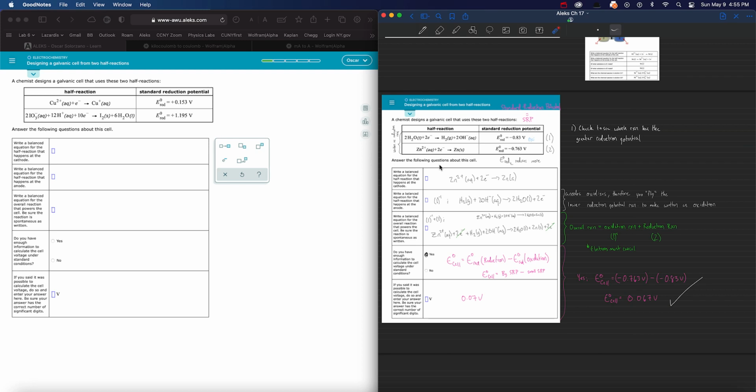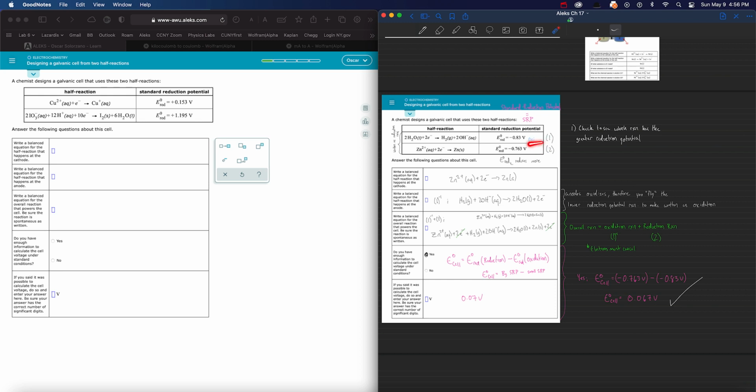This is a real simple designing a galvanic cell from half reactions kind of question. I have included some simple directions on the right side just so you know the general layout, but if you do this correctly, you really don't have to write all these small details out. You just have to look at one thing, which is right here, the standard reduction potential, to identify which of these two half reactions is